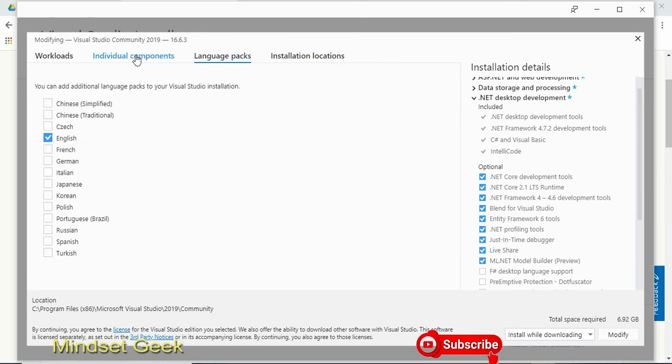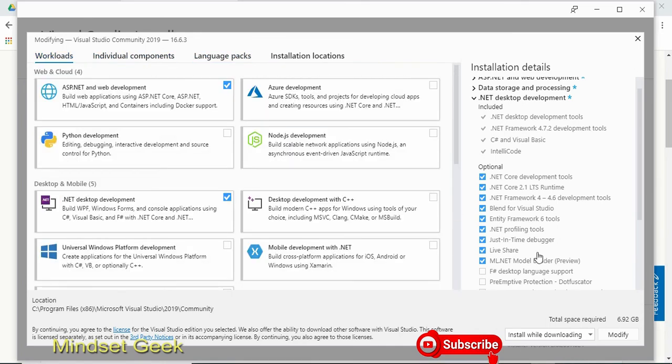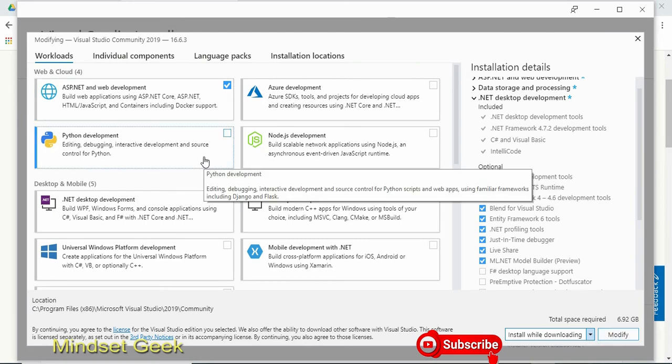At this time you can click modify or install. Two options are available: download all then install, or install while downloading. I use install while downloading, then click modify. Right, in this way you can install your Visual Studio.